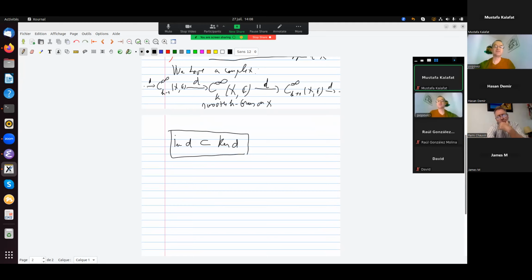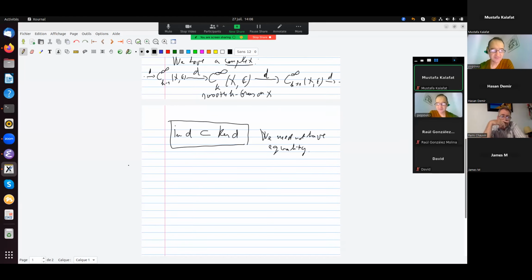But in general, we need not have equality. And the cohomology measures how far we are from having equality. So this is a complex. Complex means exactly what I said, that the image of each map is contained in the kernel of the next one. And then we define, so definition,